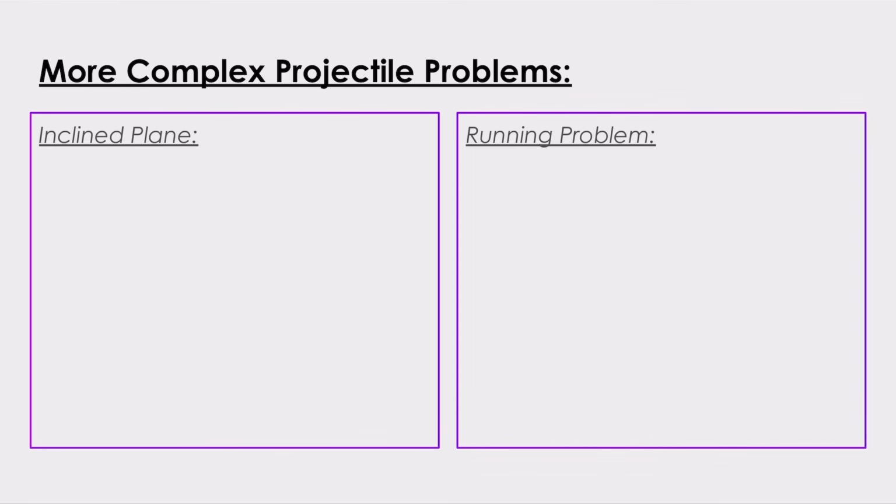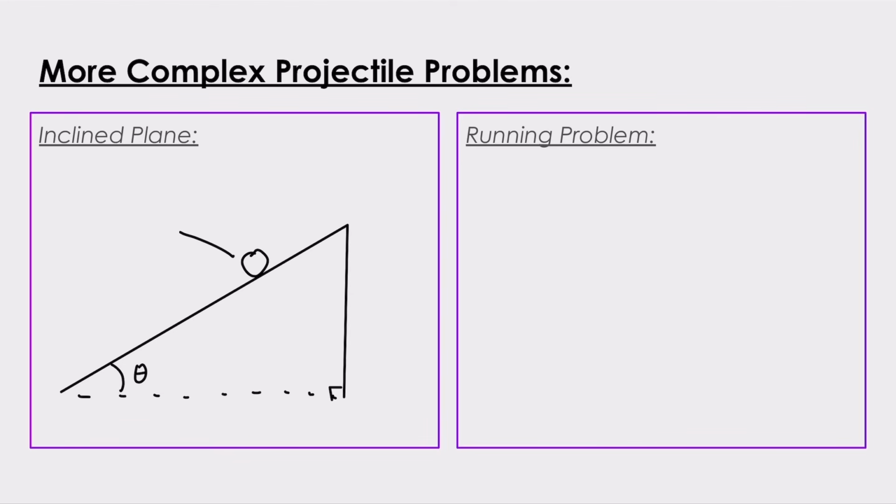So the first is an inclined plane problem. You're going to look at inclined planes a lot when you get into forces and dynamics, but you do need to know a little bit about them during kinematics. So this is an inclined plane, and it's frictionless, and the coefficient of restitution is 1. So anything that's on it is not going to lose any energy through collisions with the incline. It's inclined at an angle of theta, and we have a ball or something that's being launched off of it